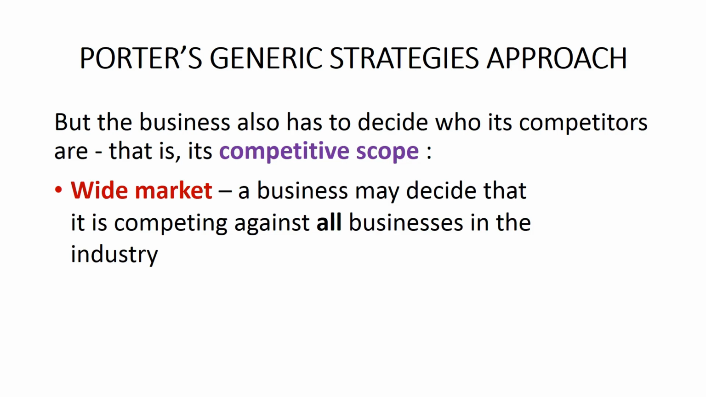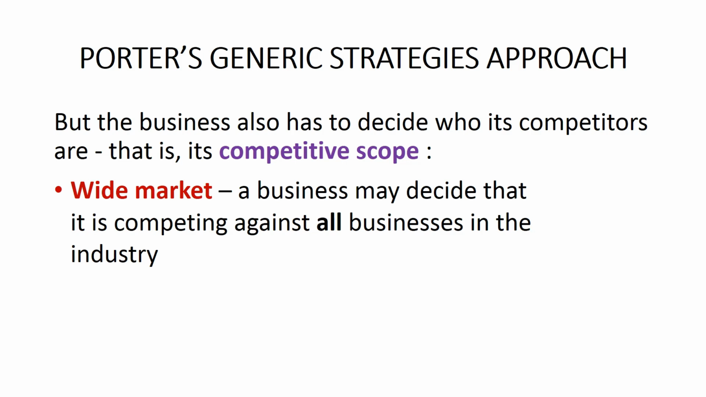First, the business could decide that it's competing against all businesses in the industry. In this case, the competitive scope is a wide market. So, for example, suppose we had a business that manufactures chocolate bars. That business, if they're adopting a wide market competitive scope, would see themselves as competing not just against other businesses